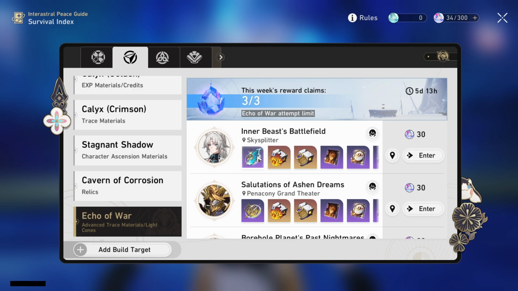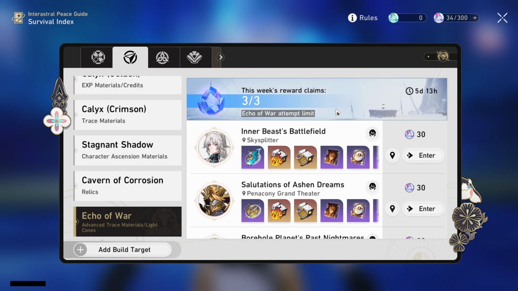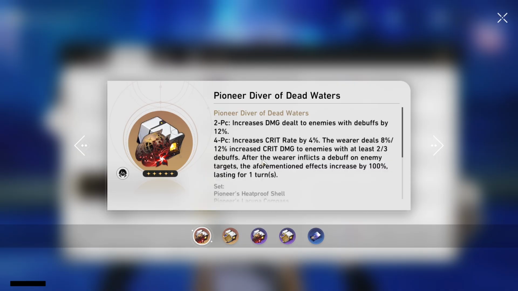Because you can't really convert them or anything, so don't use any of these. As she isn't going to use those, there will be a new boss in 3.3 when the first half does drop. Now for Relic set farming, overall her best one seems to be the Pioneer set, as she is